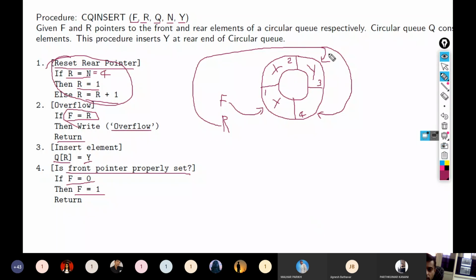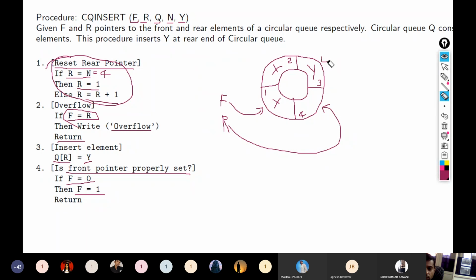When I update it, it would be pointing to this, and I can now remove this. So this is the situation now, and F is not equal to R, so it is not overflow. Now I can insert an element at the updated rear pointer, that is y, right?